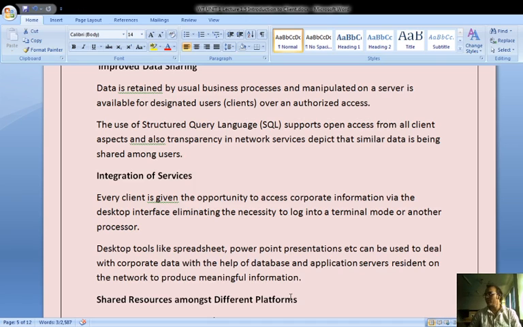Data stored in the database is extracted with the help of server side technology and pushed to the client according to the demand and need of the client. Client server computing also helps in the interaction of the services. Desktop tools like spreadsheets and PowerPoint presentations can also be used to deal with corporate data.